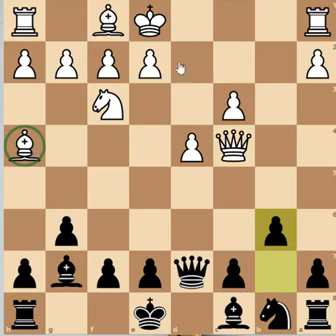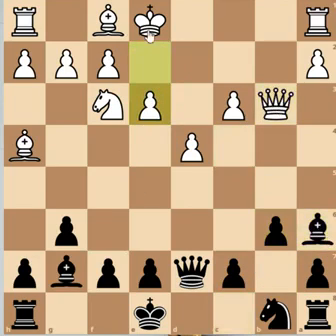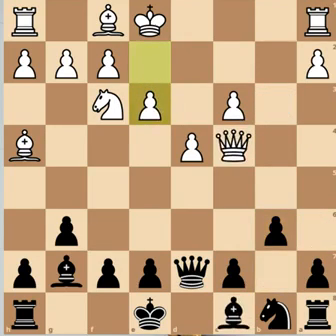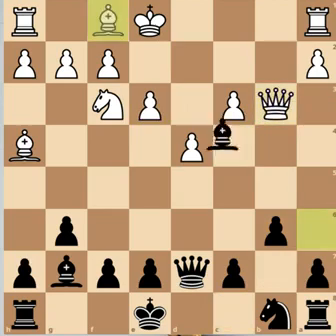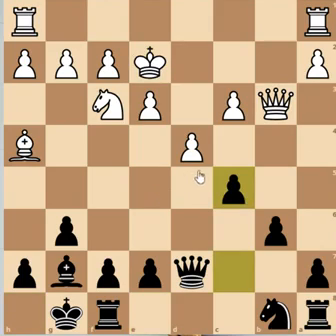So white has to play the move e3. If he tries moving the queen, then still bishop a6 stops e3. So once e3 is played, bishop takes, king takes. After b6, e3 is the main move, bishop a6, queen moves to b3, takes, king takes, castles. And now white has this huge center. It's not going to be easy to break it open, but he is unable to castle, and he is yet to develop his rook. So white should continue with the move king e2, trying to get his rook into the game, c5, trying to break open the center,